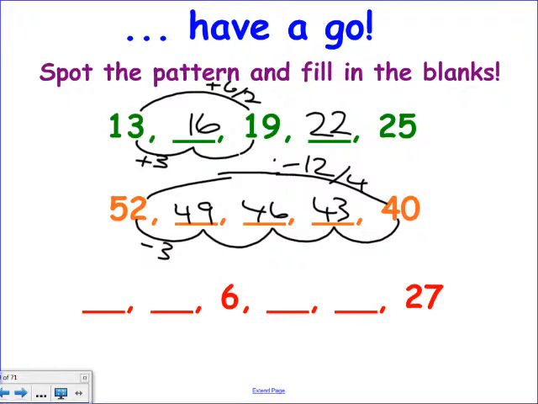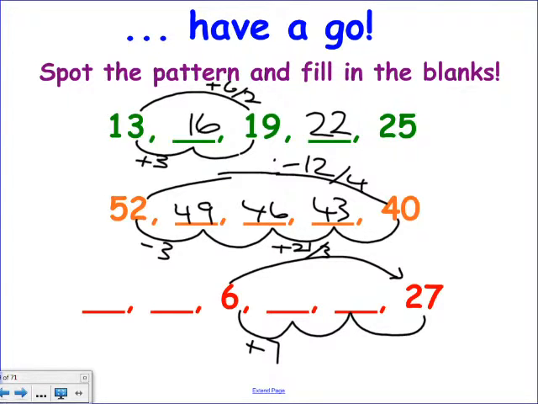So these gap ones are quite straightforward. The next one, concentrate on the gap that you can do something with. So I've gone from 6 to 27, I've got plus 21, and I divide it by how many steps? 3. Yeah, 1, 2, 3. 21 divided by 3, 1 step is worth plus 7. So 13, 20 and 27. If it's plus 7 that way, what have I got to do this way? So I end up with,